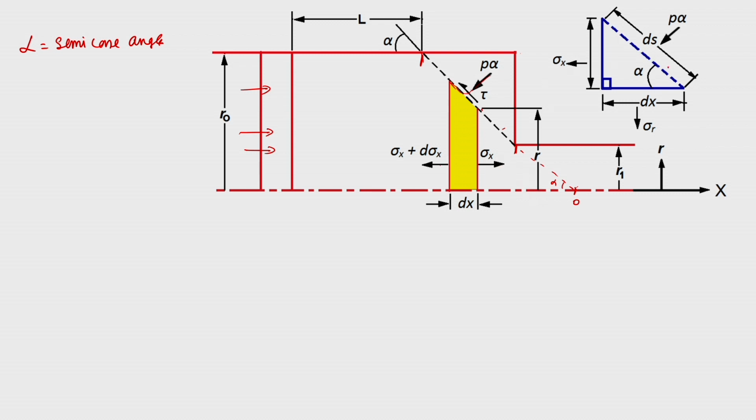And you can see the various geometric considerations which are there. So, axial stress is acting along this x direction, and there is a radial stress acting on this strip also in this direction. Various geometrical relationships we can get from this. Now, if you consider that the strip is under equilibrium, under a steady state condition, considering the equilibrium of forces along the x direction,